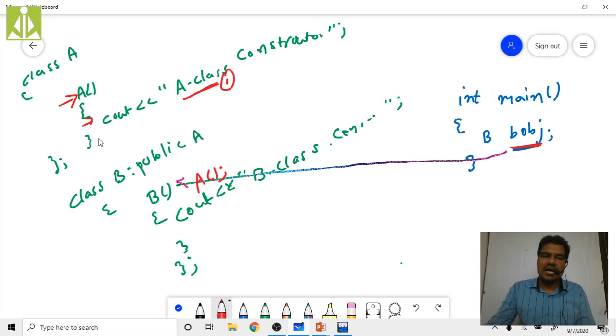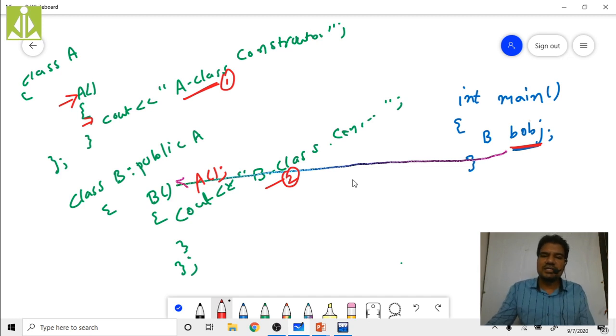Then you have the closing. Closing means the constructor call will return to the calling part. So where is the calling part? Here. Then immediately after the calling part you have this second statement. You will get this second message, then the control will come back to the object creation and exit from the program. That is the reason why you are getting this message first and then this message second.